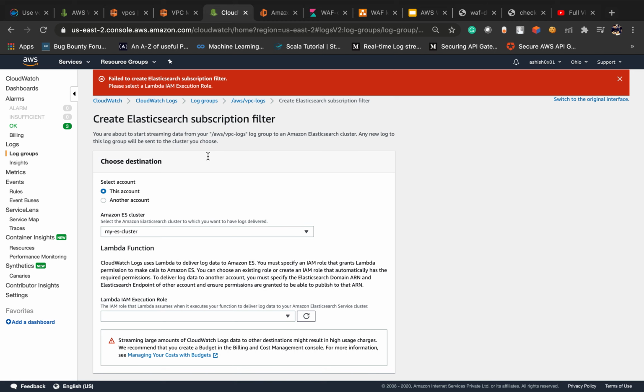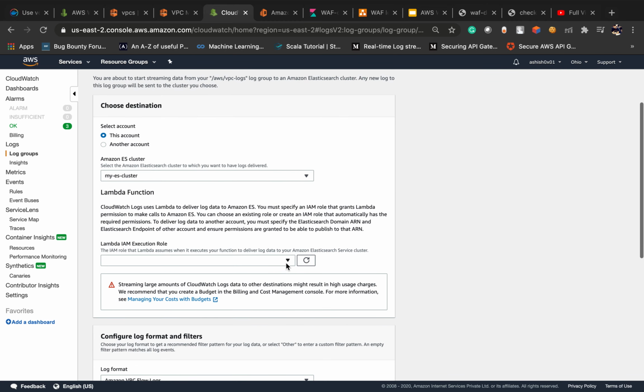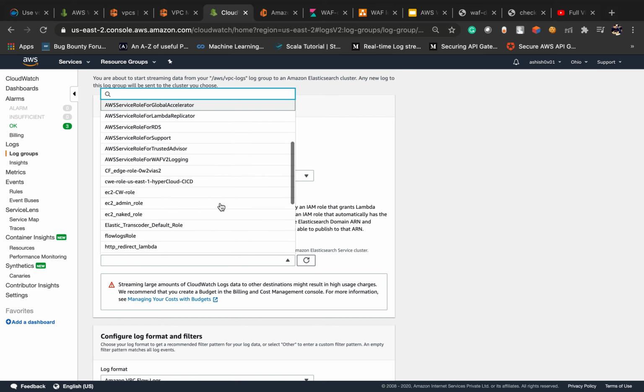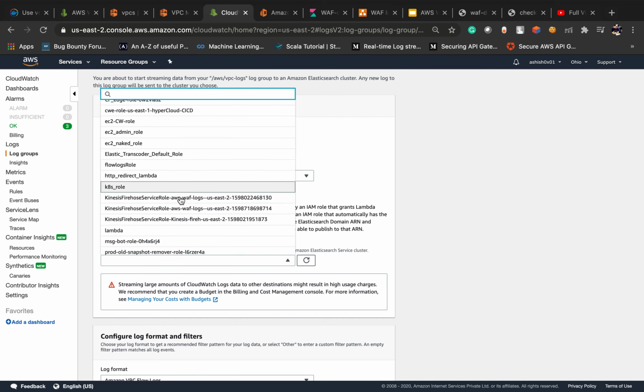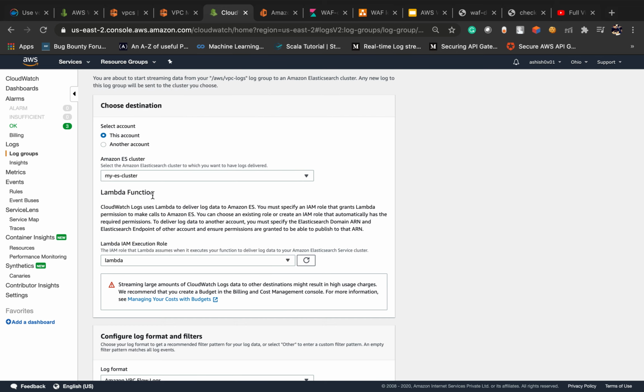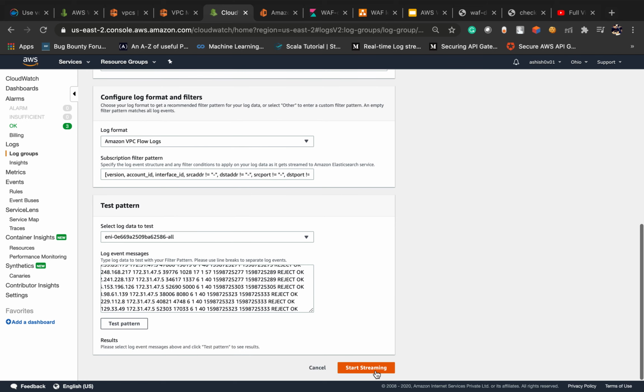Please select the Lambda execution role. If you have one, fine, otherwise create one and give it the appropriate execution role. In my case I have one Lambda, and I attached the Elasticsearch service role. Now start streaming.